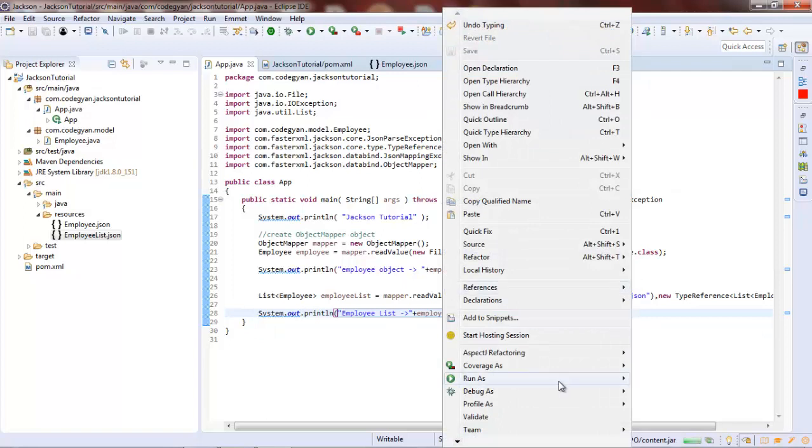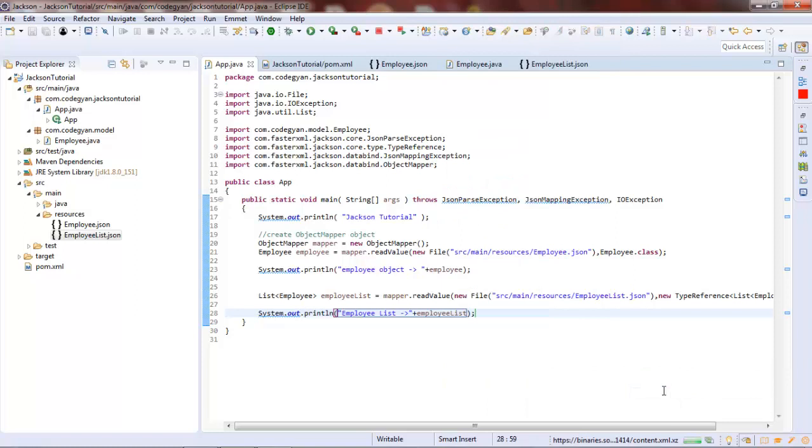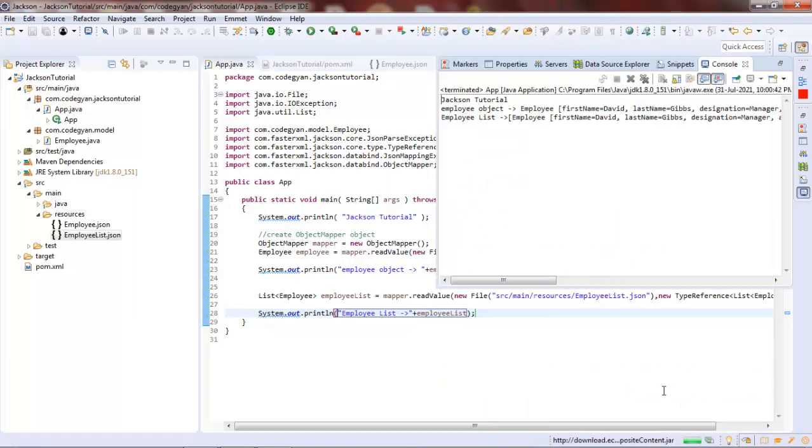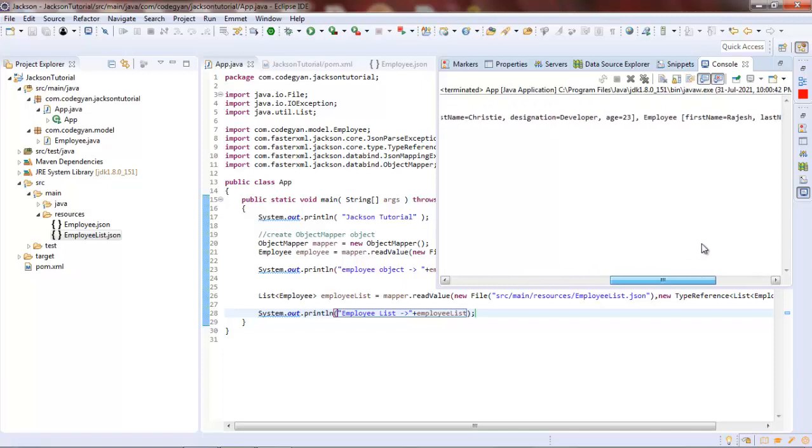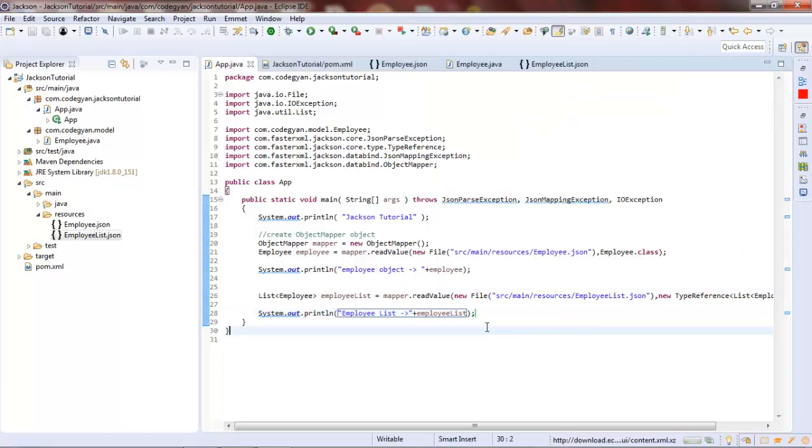Let's run and check how it is working. Here in the console you can see the employee list is printed. We have a first object having David, then a second having first name Richard, and then a third object which has first name Rajesh. So this is one way of getting the list of objects.